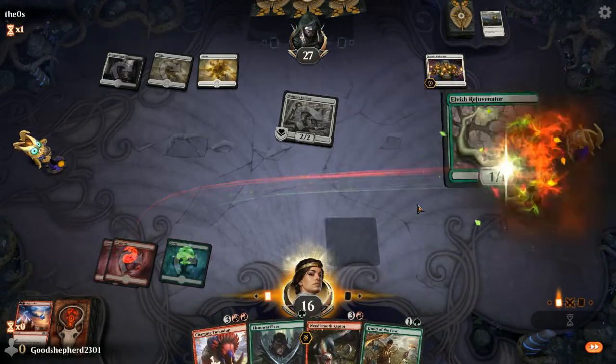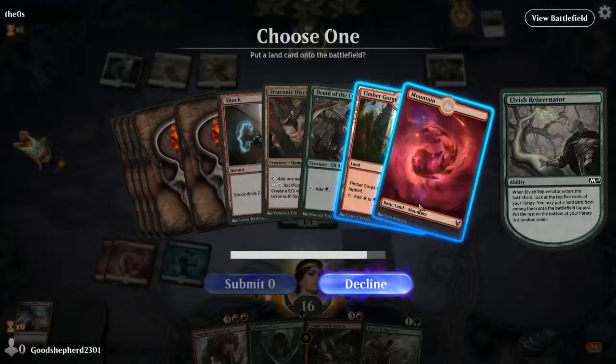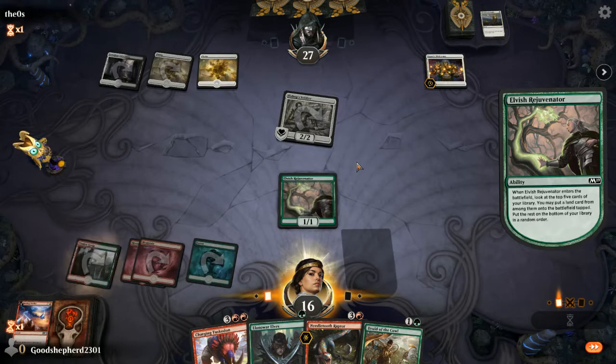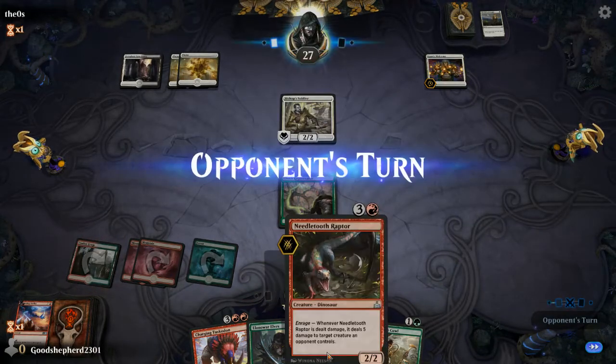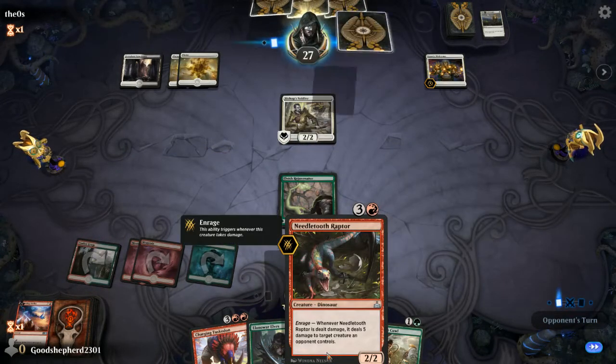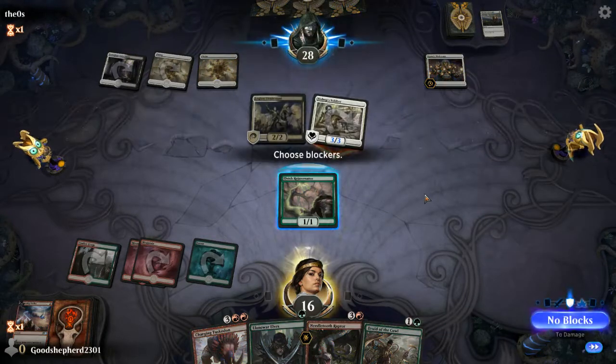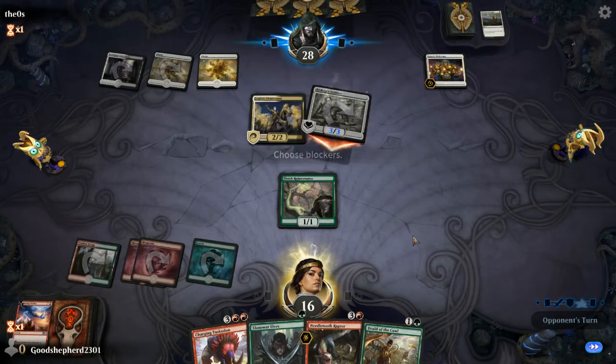Have to play the Rejuvenator. Yes, we want to get the Timber Gorge. It's a shame... Well, actually, it's not too much of a shame, because I could just play the Needletooth Raptor if it gets really bad. Our opponent has Murders, but he's... not in the...